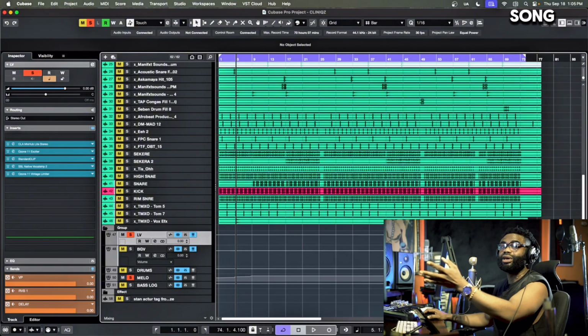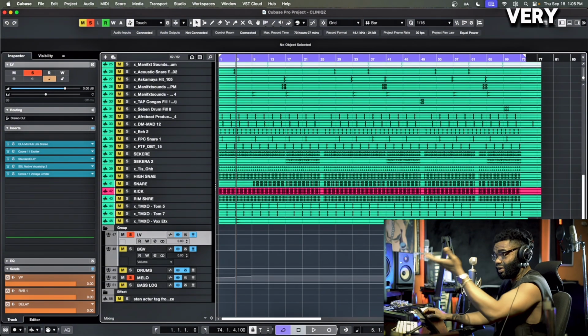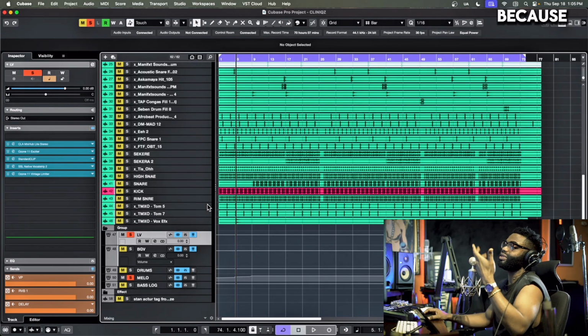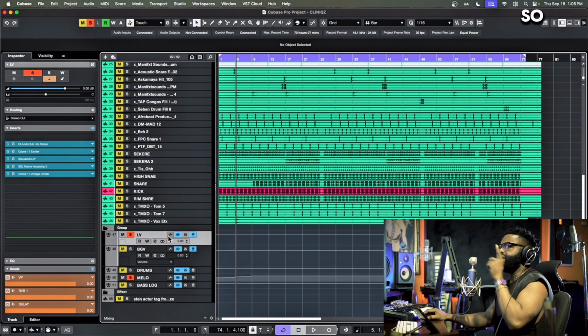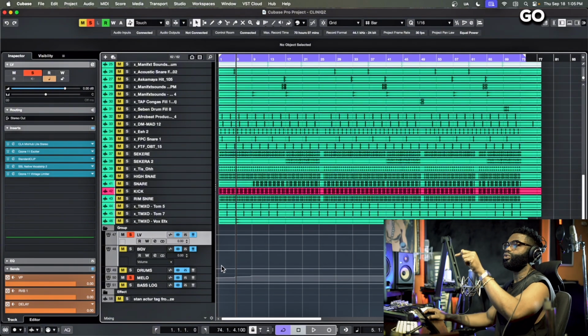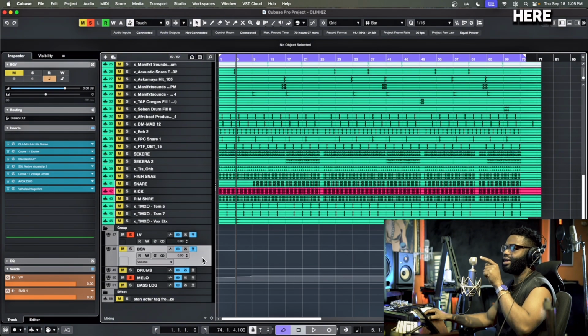If you play this song in a club, I'm telling you, the DJ is going to feel it. This very particular song, most of my songs. I'm letting out this secret because I love my followers. I want everybody to grow. So this is how to avoid it entirely. Then I'll now go tell you how to minimize it. Take a look at my boxes. All the plugins that you have here is what you have here.